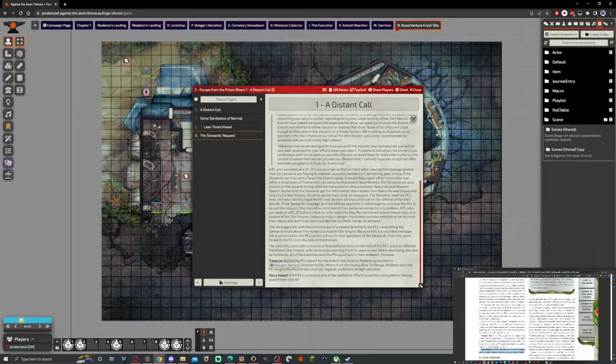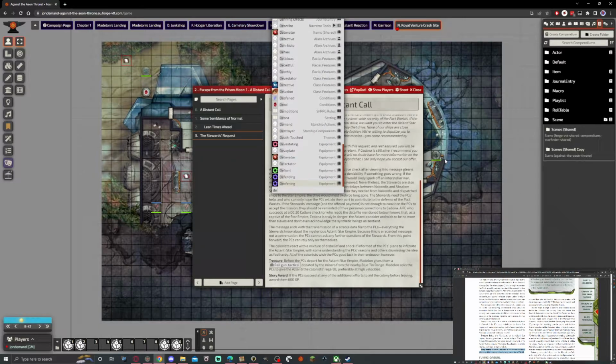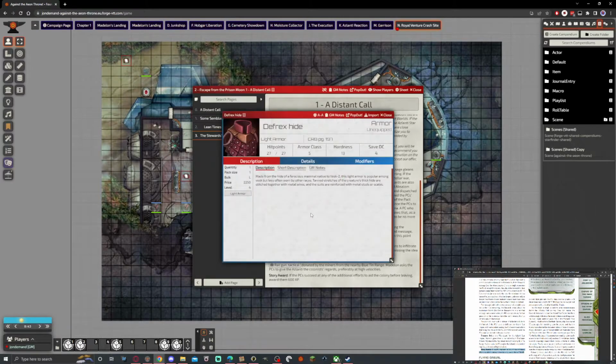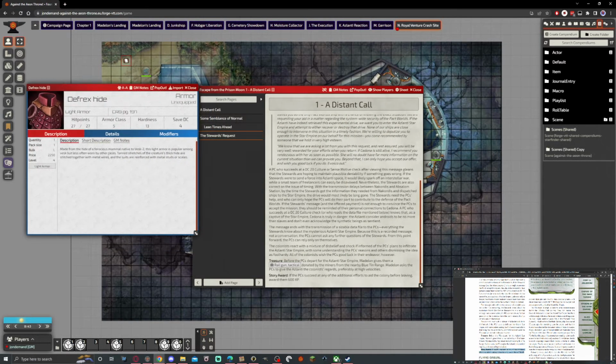So to do what I did, anywhere you've got a text, or basically anywhere, you can press Control Space, and you can search for something. This is called Quick Insert. It's a module for Foundry. It will search through any local folders, any local compendiums, any shared compendiums, any system compendiums. So let's say we want some Defrex armor. There you go. We've got Defrex hide right there. And you can click it and it will just open the compendium straight up,